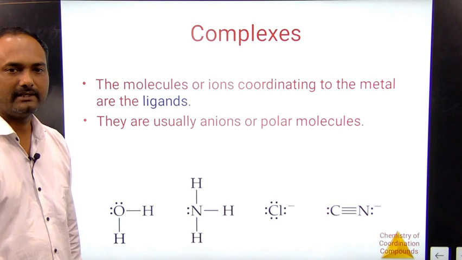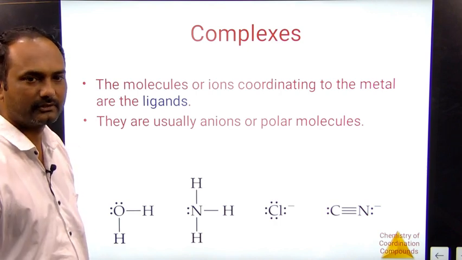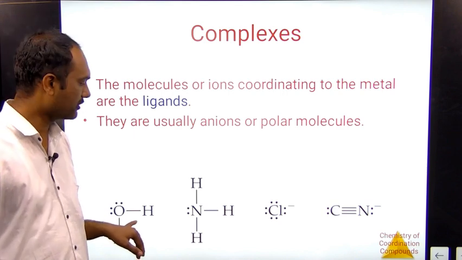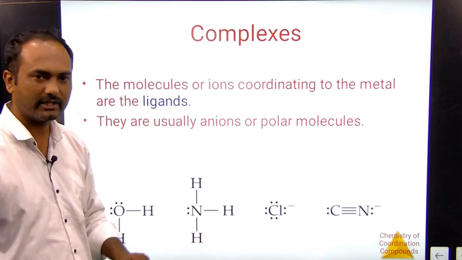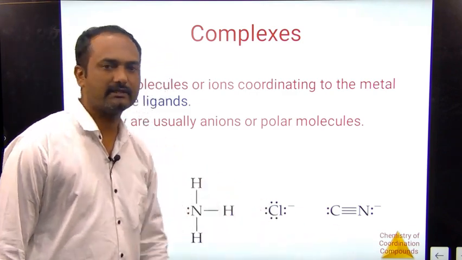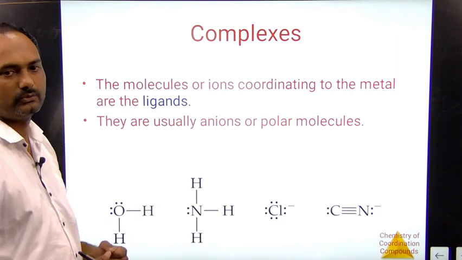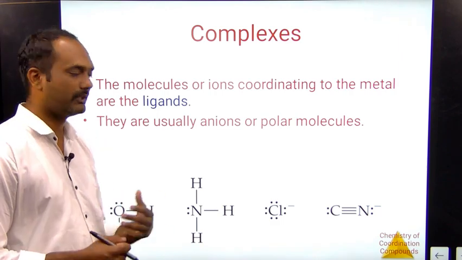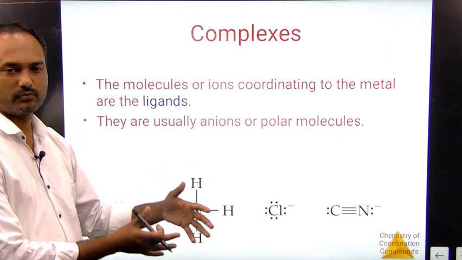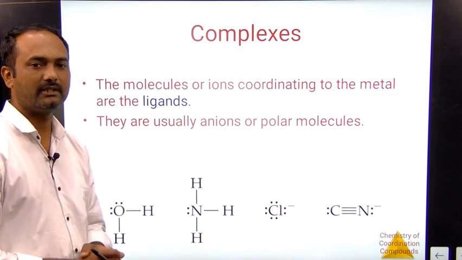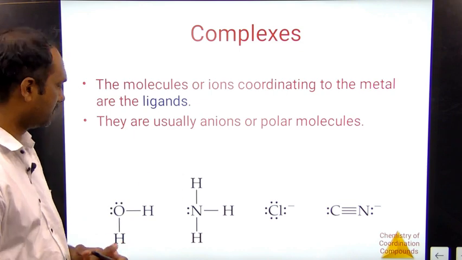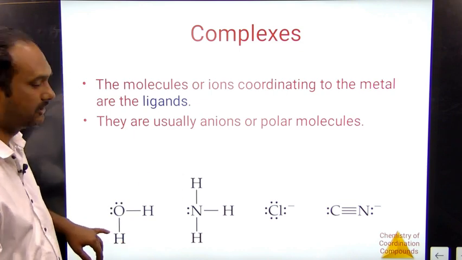They are usually ions or polar molecules, or they may be neutral. Here water is neutral in charge, and ammonia is also neutral, but chlorine is negatively charged and cyanide is also negatively charged. So two or three types of ligands may get attached to the central metal atom. First, neutral molecules such as NH3, then negatively charged ones such as chlorine, and maybe nitrogen dioxide or some other positively charged